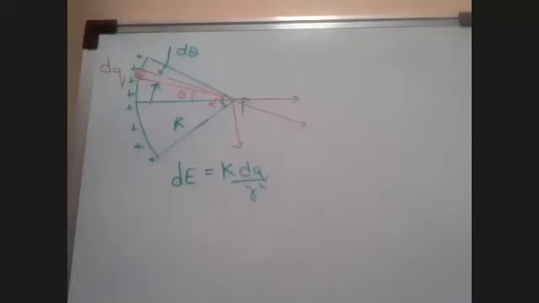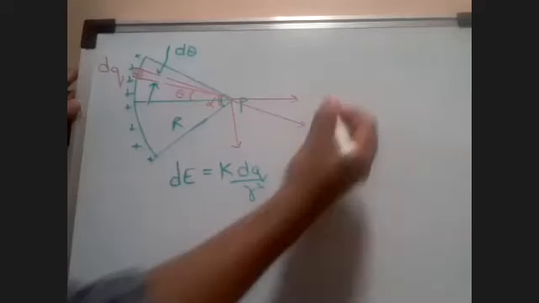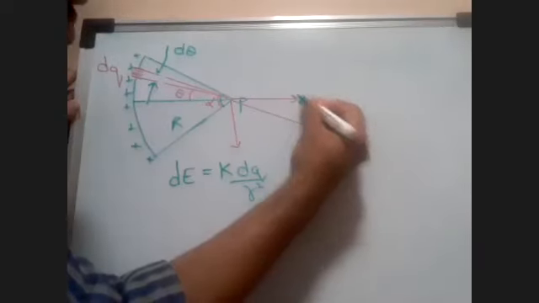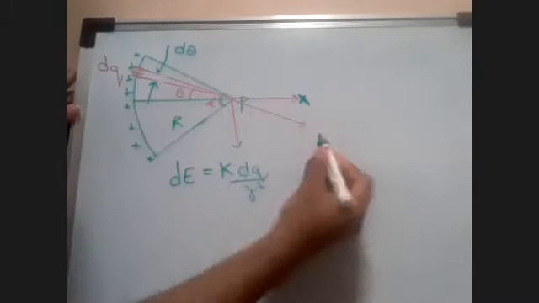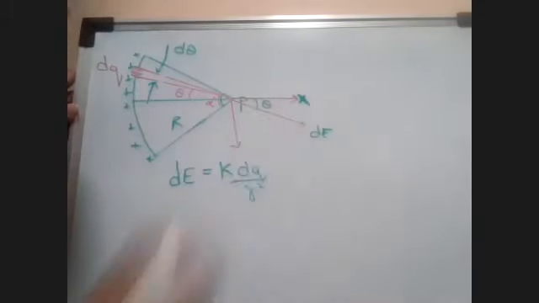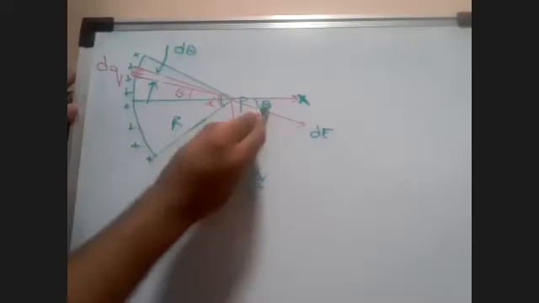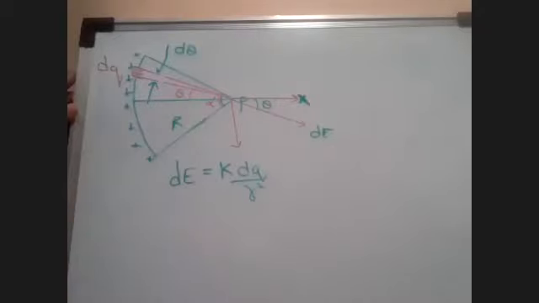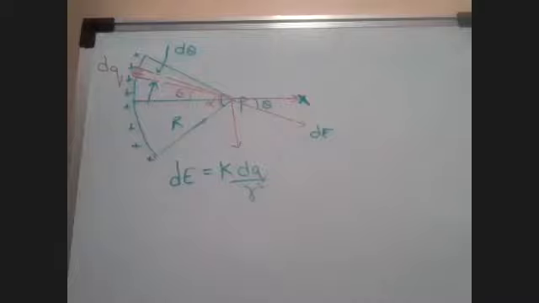You understood? So now dE is equal to k dq upon r square. But right now we want the electric field intensity at this point. This dE is making an angle theta over here. Why? If this is theta, this also will be theta. If you bisect a line like that, the angle on this side will be equal to this side. It's a 9th or 10th standard concept, so if you are not familiar with it, just go through it a little bit.